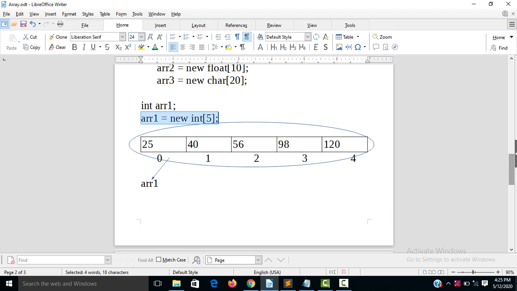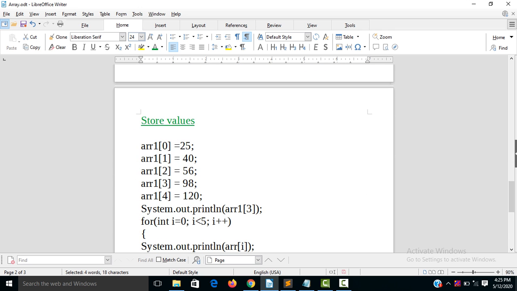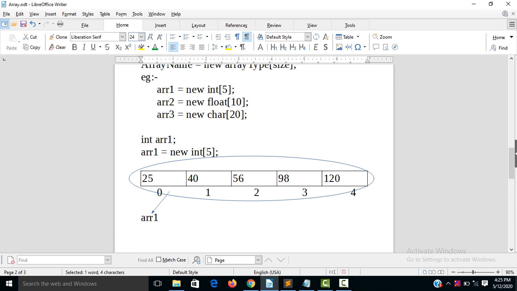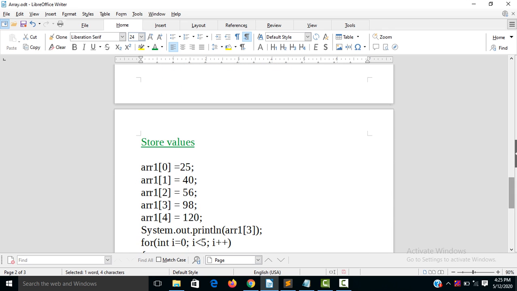Using the diagram, we will store values in arr1. So arr1 has the elements 25, 40, 56, 98 and 120. 5 elements are stored in it: 1, 2, 3, 4, 5 elements and indexes up to 4. So here is how to store the value. Here we can see how values are stored. So this is arr1. In arr1, at index 0 we will store 25, at index 1 we store 40, at index 2 we store 56, at index 3 we store 98, and at index 4 we store 120.